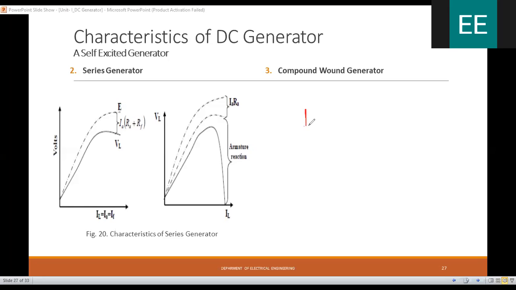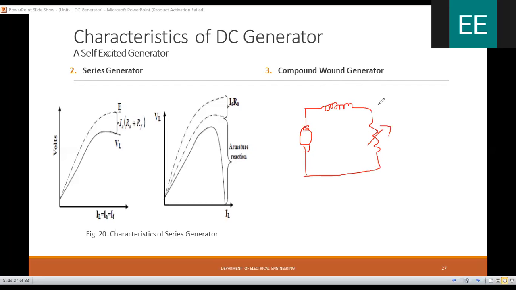Here it is the armature of the DC generator. Here DC generator चा armature असेल. Now, the field winding of the DC generator is connected in series with the armature winding, so that we can call it a DC series generator. And some load can be connected to the generator. या जनरेटर वरती एखादा रेजिस्टिव्ह व्हेरिएबल लोड कनेक्ट करतोय मी.